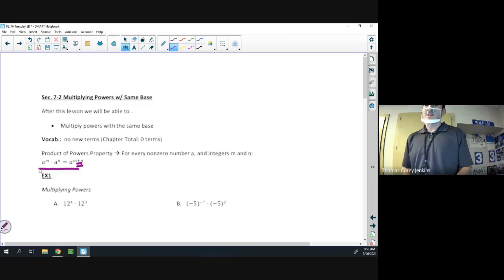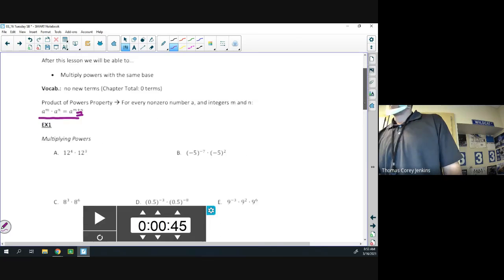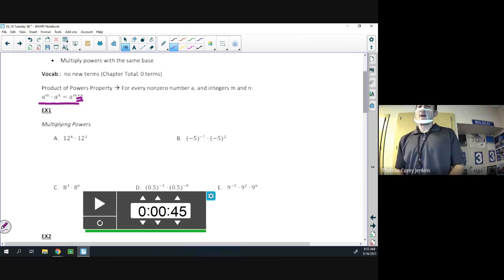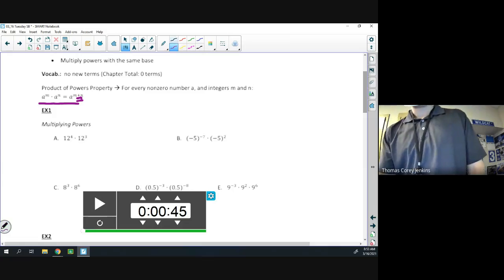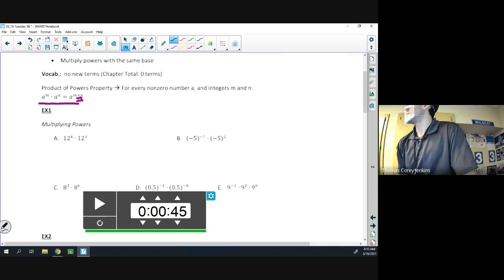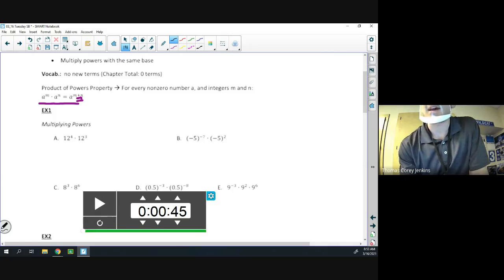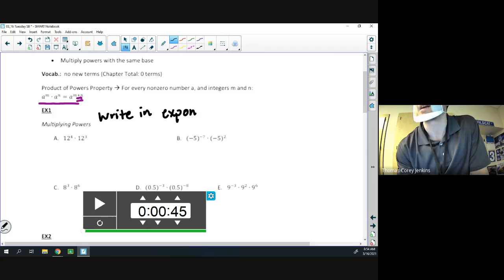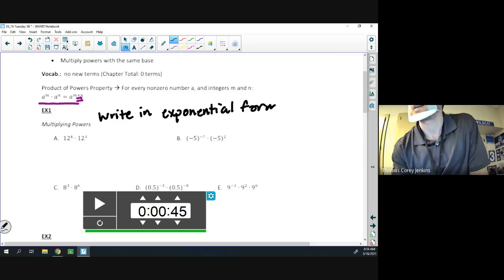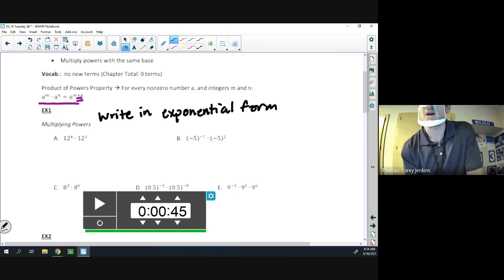And we've seen that before, so that's not a new idea. But that said, these examples will be a little bit tougher. On this type of example, example 1 on MathXL, it'll say write in exponential form, or write using a single exponent. In other words, if we type 12 to the 4th times 12 to the 3rd in our calculator,